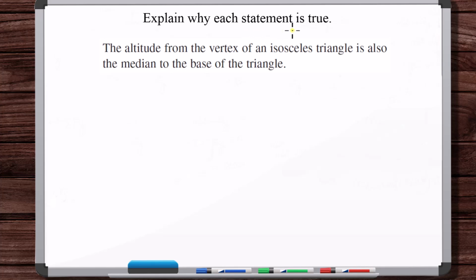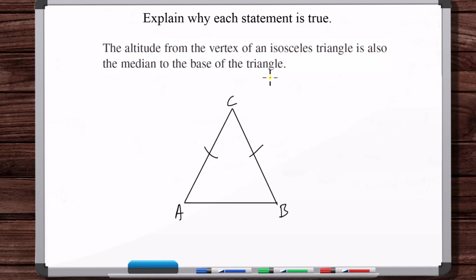Explain why each statement is true. The altitude from the vertex of an isosceles triangle is also the median to the base of the triangle. So yeah, we talked about this earlier. Coming from the vertex of an isosceles triangle, the altitude, the median, the angle bisector, and the perpendicular bisector all coincide. It's all the same line, because if we start with an isosceles triangle and we draw the angle bisector,